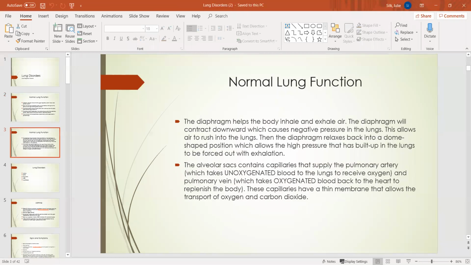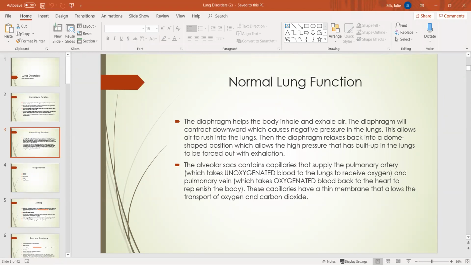And then as far as our diaphragm goes, our diaphragm is very important. It's a muscle that helps us inhale and exhale air. So it's going to contract down, which causes a negative pressure to be in the lungs. And this allows air to rush into your lungs and it causes your diaphragm to relax back into this like dome-shaped position that it normally is in. And then with the alveolar sacs, like I said, we have that gas exchange that happens there. So that's what